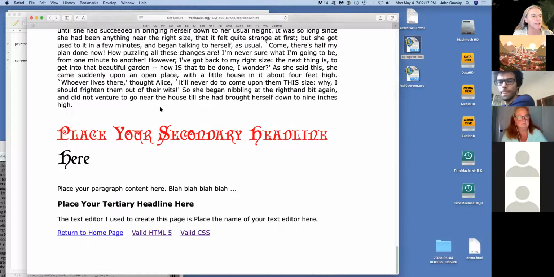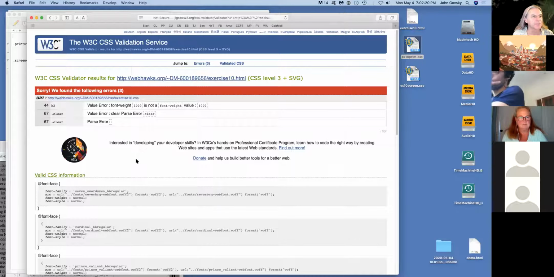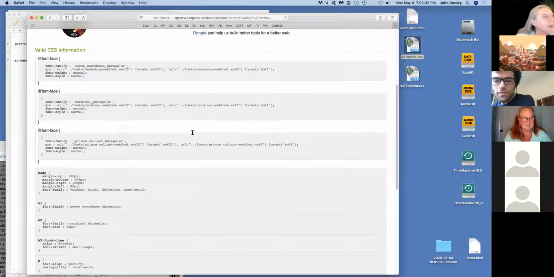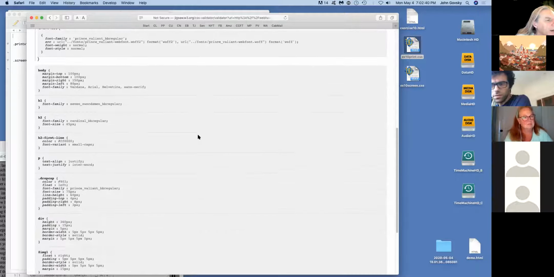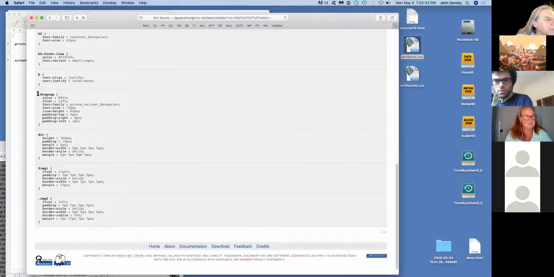I'll use the validator to look at that. Oh, got some validation errors. Minor, it's just a font weight thing. I just added that, I was just messing around with it. It had all validated before. Okay, well, you probably want to put bold or something there. I have some questions about that too, John. Okay, let me finish on drop cap. Sure.